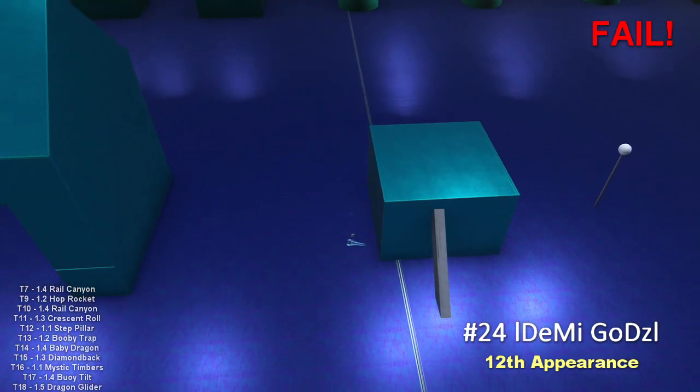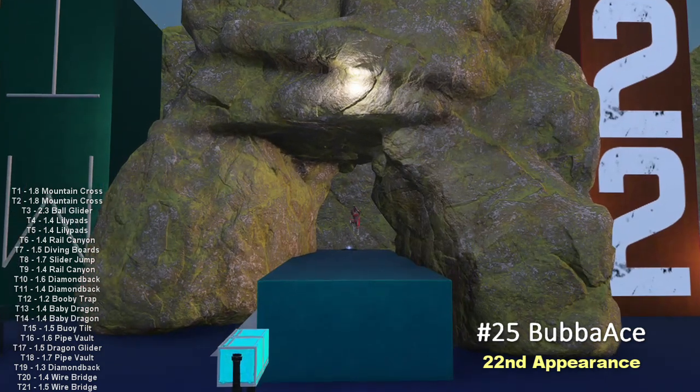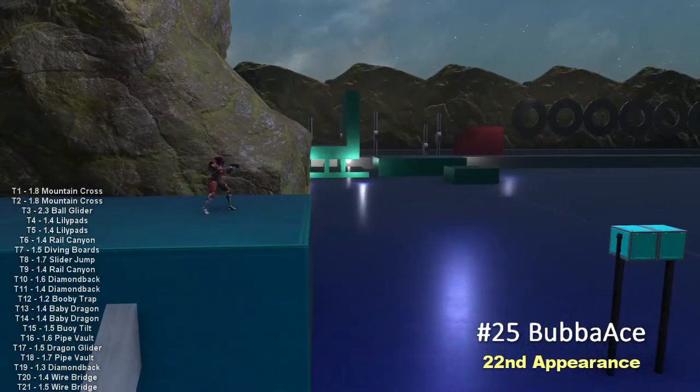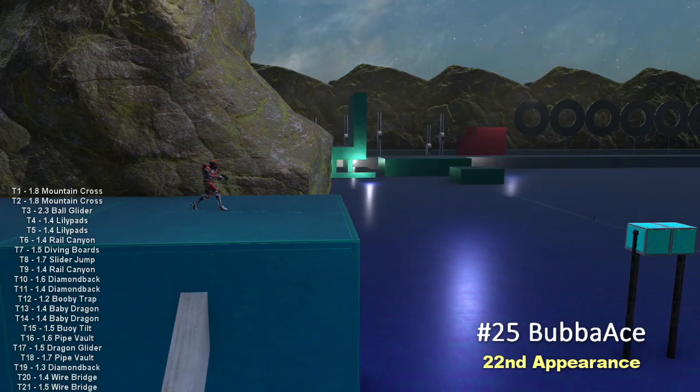Looks like he just didn't get a full head of steam going. Might have jumped a, he didn't really use the full top of the diamond there. He probably could have used a little bit more of a run up, but yeah, it is a tough break. It is a tough jump. I mean, it's big. So we now have at number 25, Bubba Ace, the first member of the Perfect Attendance